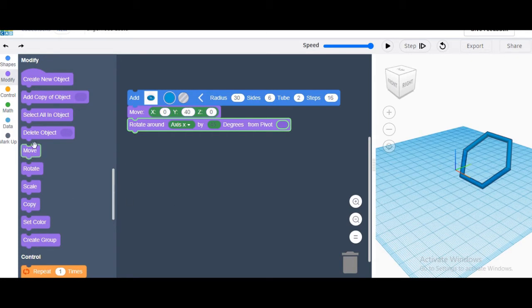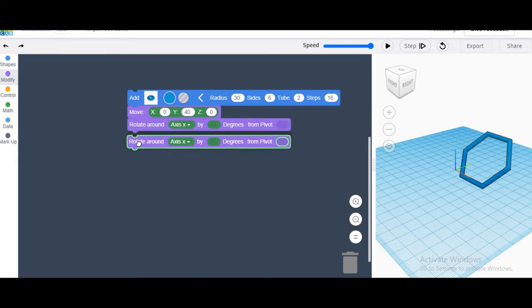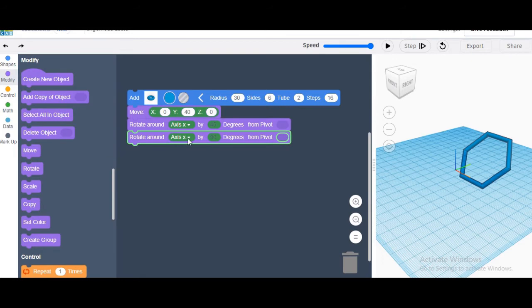We have to go to rotate again, and this time z. So here rotation 90 or whatever you want. If we leave it at 90, then what will happen? Okay, so here